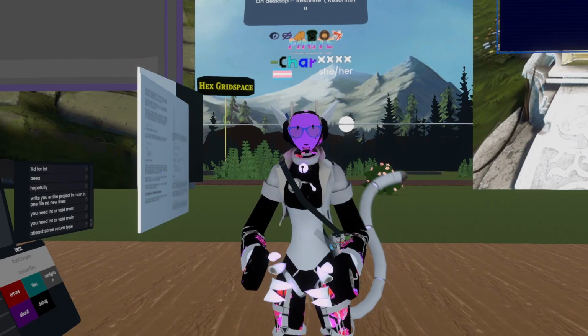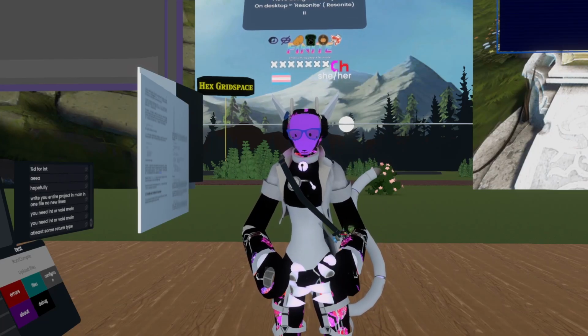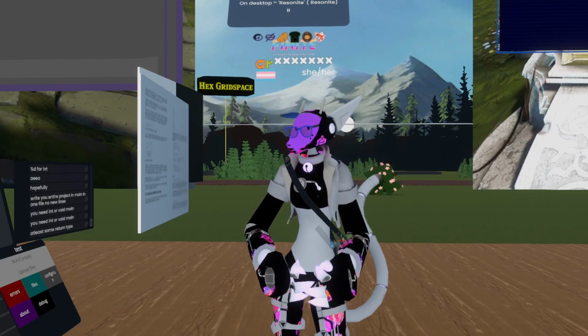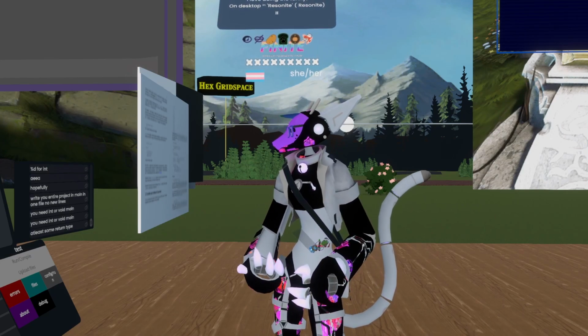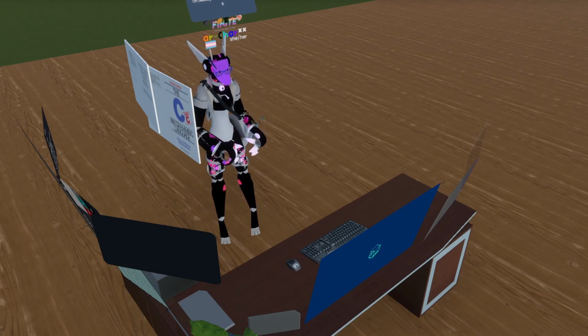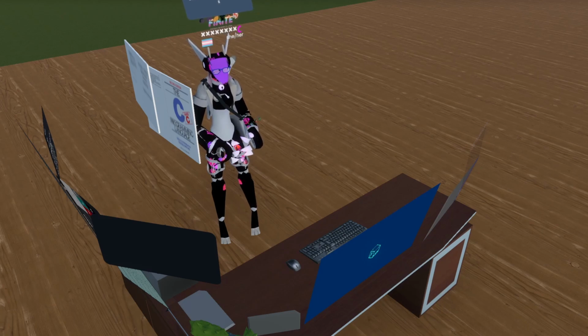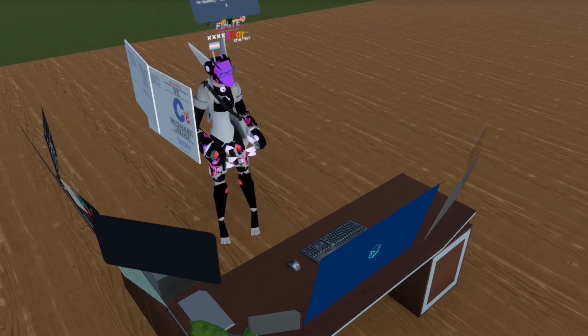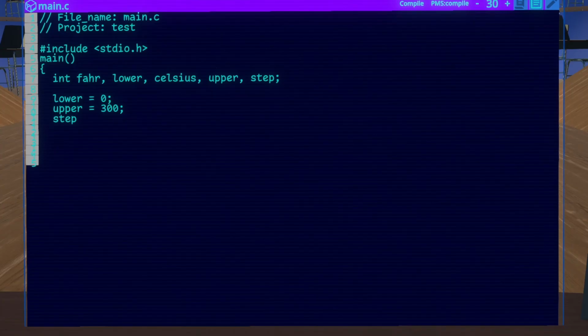int lower with lower equals 0. Upper is 300, and then our step would be 20. So step equals 20. And so what we do now is